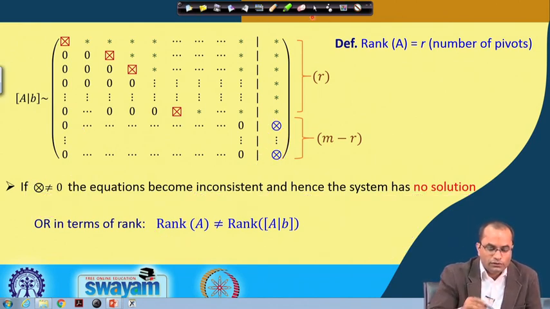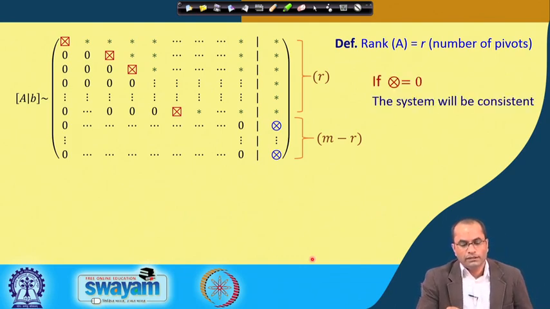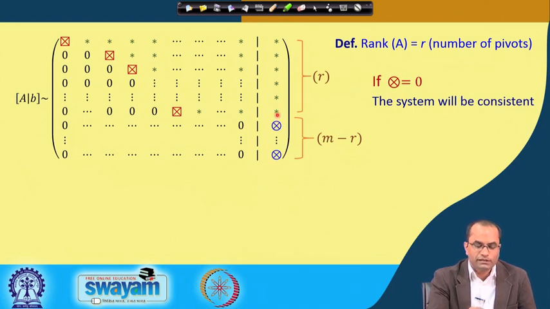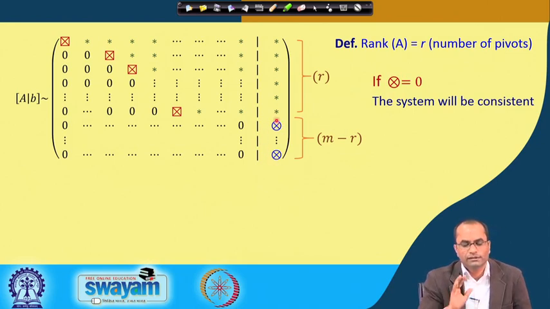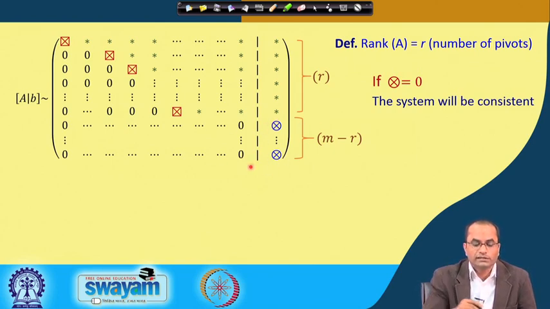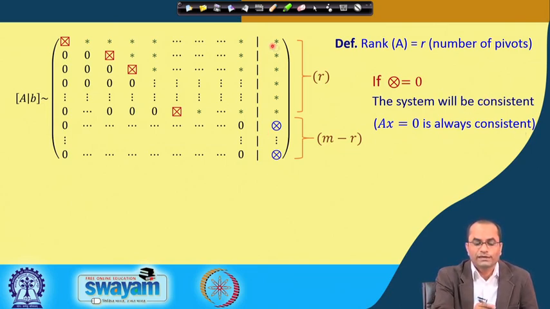Clear. So, now moving further, the next possibility will be when this is 0. If these elements are 0 here, then the system is consistent, because there is nothing like 0 equal to non-zero in that case. So, if these are 0, then we have two possibilities, and one more point to be noted, because Ax is equal to 0 is always consistent, that is the inclusion coming from here, because when we have this B